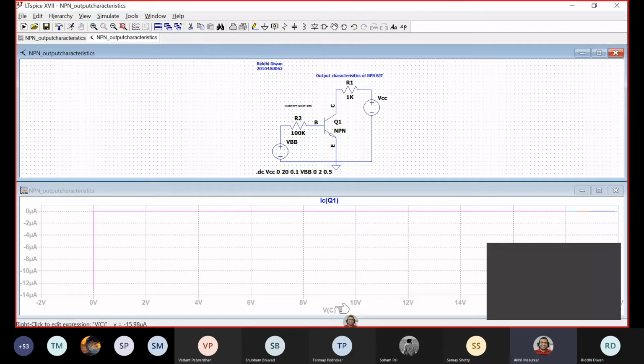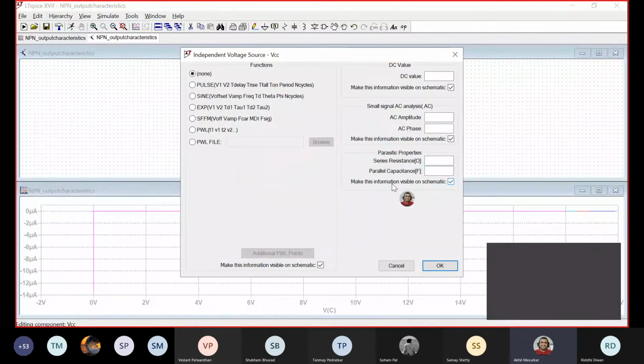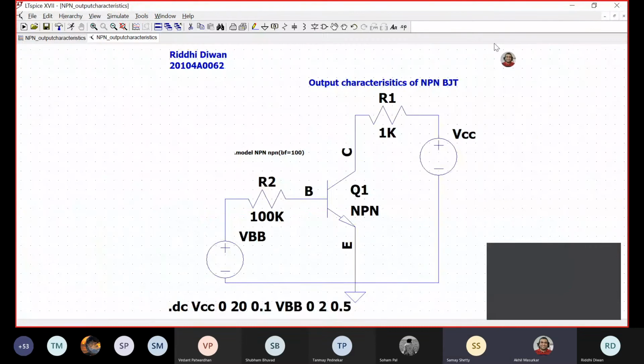No, I'm getting the same thing. So even I'm getting the same graph. But I'm not able to figure out because your circuit and my circuit are absolutely same. So why this?